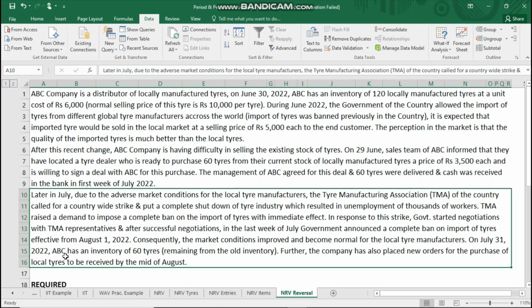On July 31st, 2022, ABC has an inventory of 60 tires, which was remaining from the old inventory. Okay, remember that 60 tires we sold already. Further, the company has also placed new orders for the purchase of local tires to be received by the mid of August. It seems that company is going back to normal, and now the market conditions are favorable and back to normal, which used to be previously before June. Okay, so it seems that